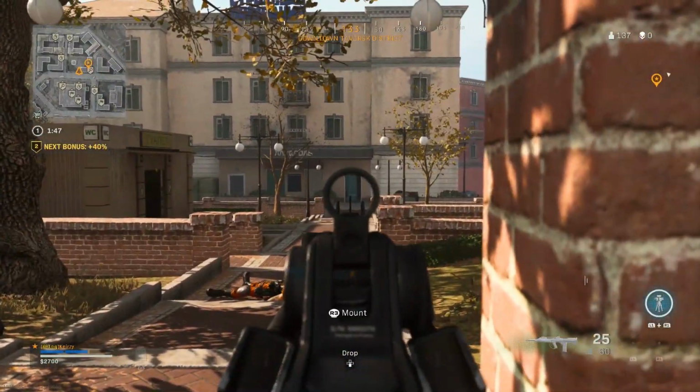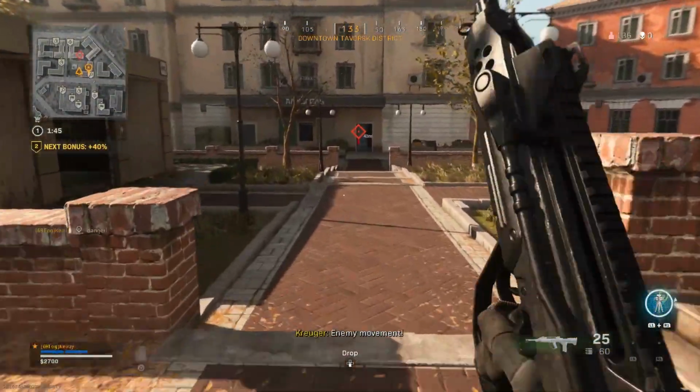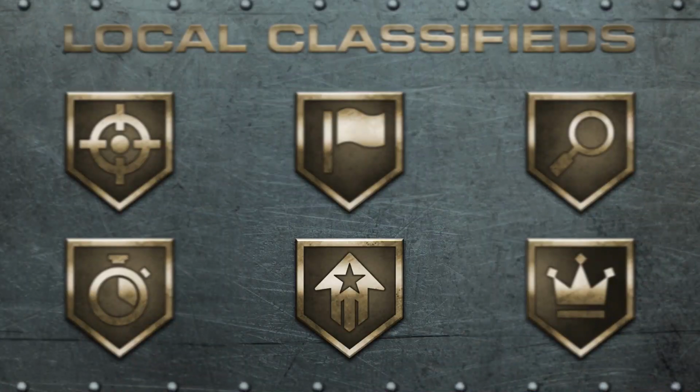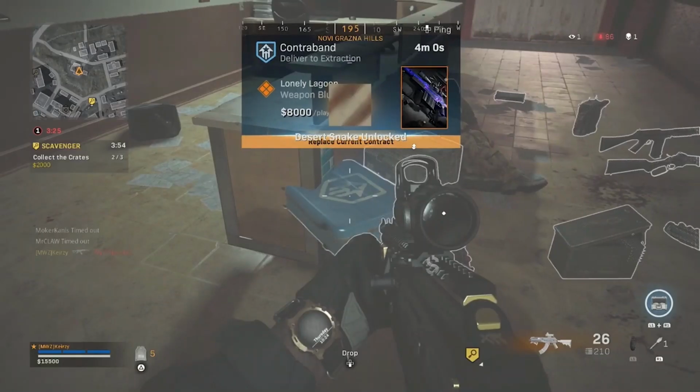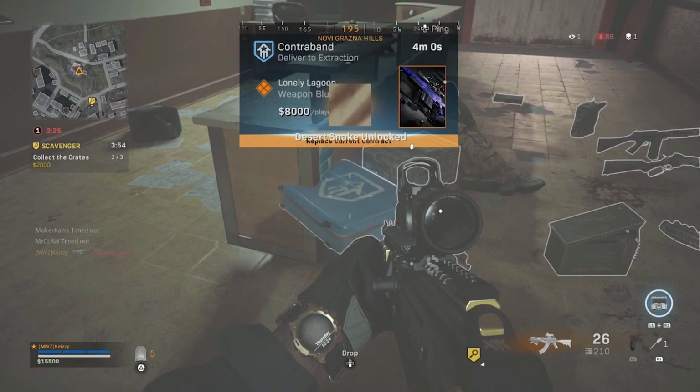Then you get a bit of cash to buy your players back or buy a self-revive, which is quite a cool, nifty little thing. And that is all of the main contracts you will see in Warzone. However, there is one secret contract that no one really talks about. It's very rare, probably 1 in 50 games, maybe if you're lucky, and it gives you a huge payout for